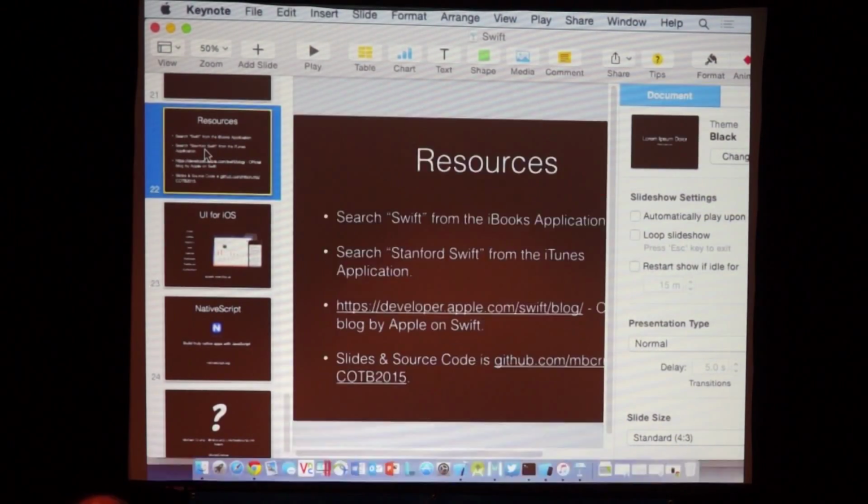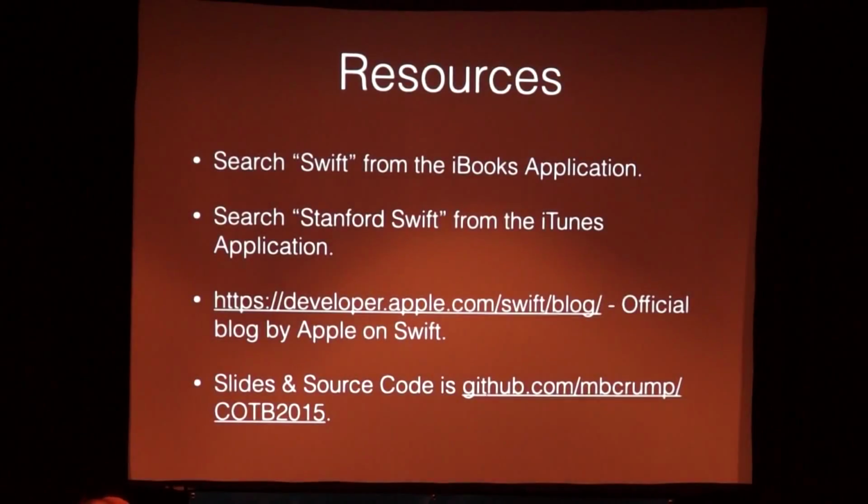So I'm going to go over to this slide, and this one is the resources. So again, Apple just updated these books, so it's just Swift. You can find that from the iBooks application. They've updated it for 2.0. One of the things about updating it for 2.0 is that now you can go ahead and download Xcode 7 and you can start playing with it now. Hopefully it's not going to be as bad with changing of Swift. And then, like I said, if you really want that deeper dive and you don't have the Pluralsight course,